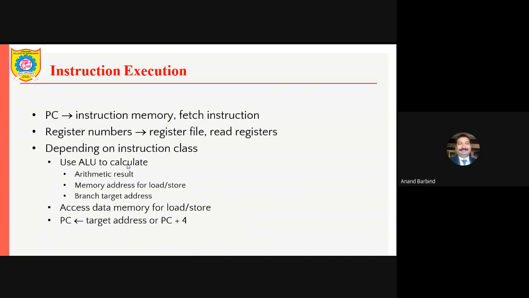Be it a RISC processor or a CISC processor, the program is stored in the memory, and the instructions are continuously fetched, decoded, and executed, and you have some register in every processor called the program counter. In some processors it is called the instruction pointer, or different names may be given in different processors, and the program is executed in this particular fashion.